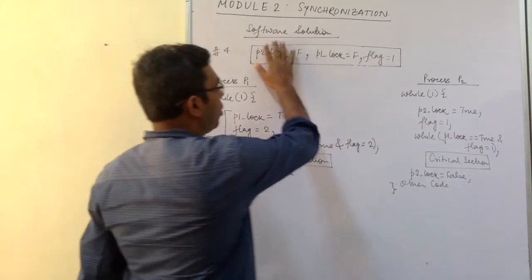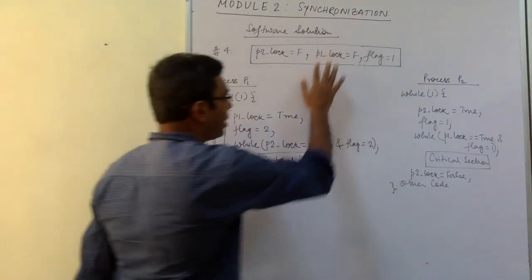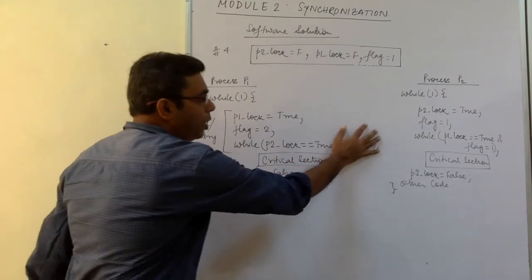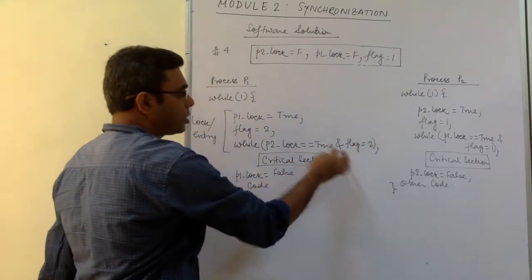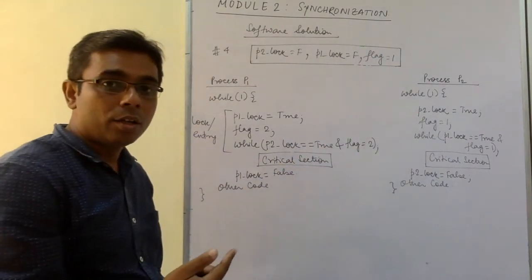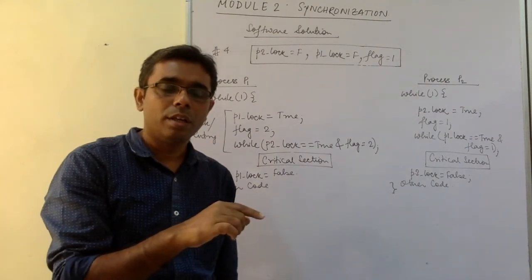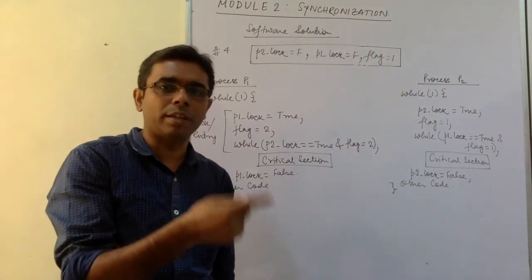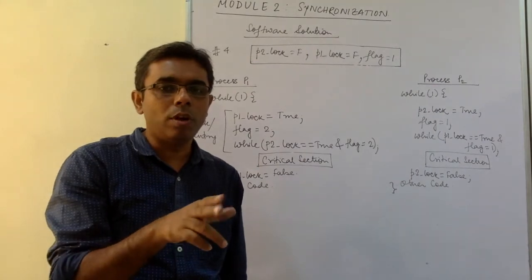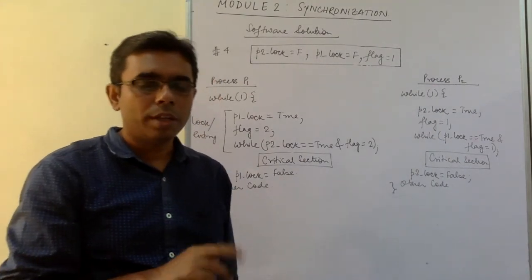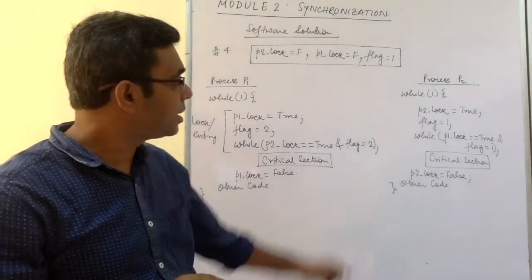So far we were using only these two, this was not there, and that led to a tie where you did not have this condition check, only this was the condition and that could tie. So go back to the third attempt and see, in case there was one more thing that could only take one of the two values, then possibly that would be breaking the tie, and that is exactly what is done by